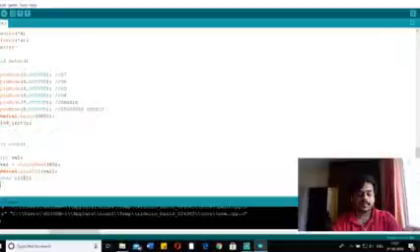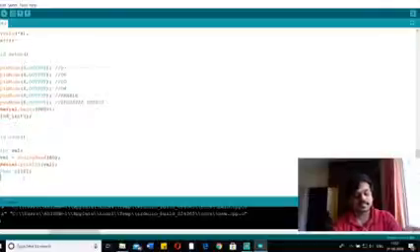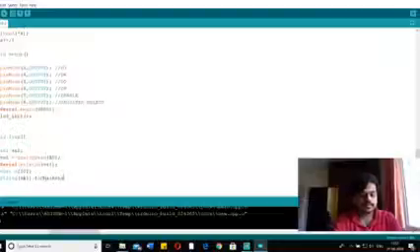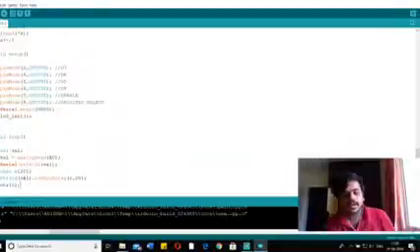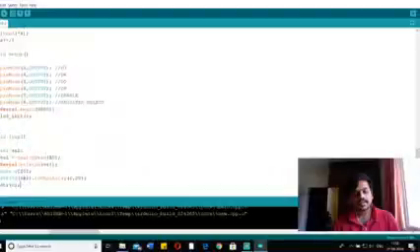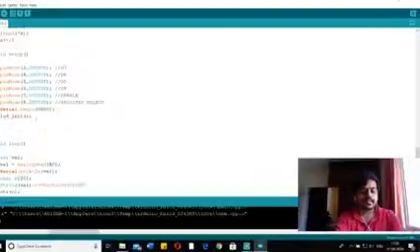Char c[20]. First, this is a character. First convert it to string. Val.toCharArray(c, 20). After converting it to array, then str, comma c. Okay, int val equals analogRead. It will read the analog input, print it on the serial. Serial.begin, serial.begin